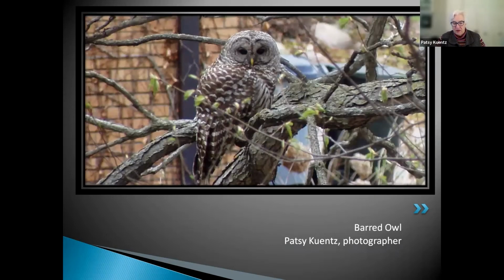Here's a barred owl, and they are with us year round, but we usually notice them only early in the winter when they call, especially in the night, looking for a mate. Their gravelly call sounds like, who cooks for you, who cooks for you all? So it's like, who cooks for you, who cooks for you all? Okay. Otherwise, they're very well camouflaged in the tree canopy,